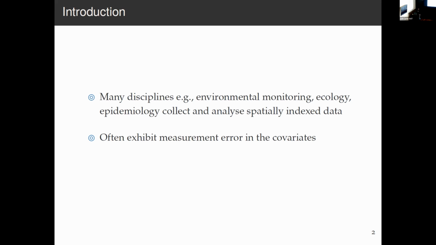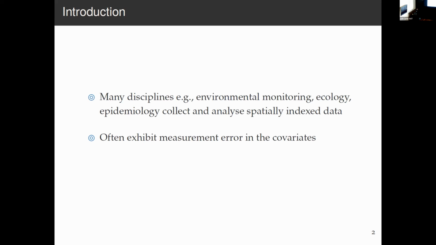So what's so special about spatially indexed data? Well, often if you have spatially indexed data, you might suspect that your responses will have some kind of spatial autocorrelation in them. And that's something you have to account for when you're doing modeling work. Especially if you think of any kind of data that you might get from geographic information systems, those will also probably be spatially indexed as well. So that's the first part of the problem that we consider.